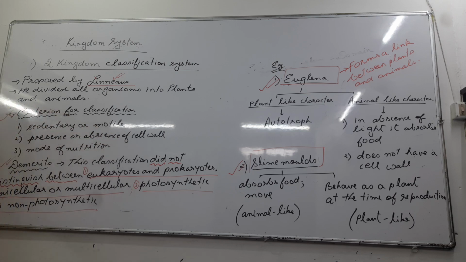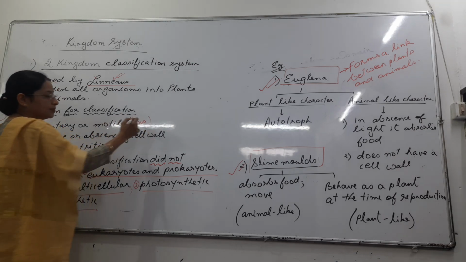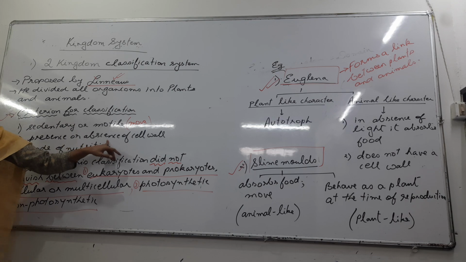Sedentary or motile. What is sedentary? That is, non-motile, which cannot move. Motile means which can move. So suppose he discovered an organism, the first point he checked was whether it can move or not. If it can move, it was placed in the animal kingdom. If it cannot move, it was placed in the plant kingdom. So that was his first criterion. Second, what did he study next? Presence or absence of the